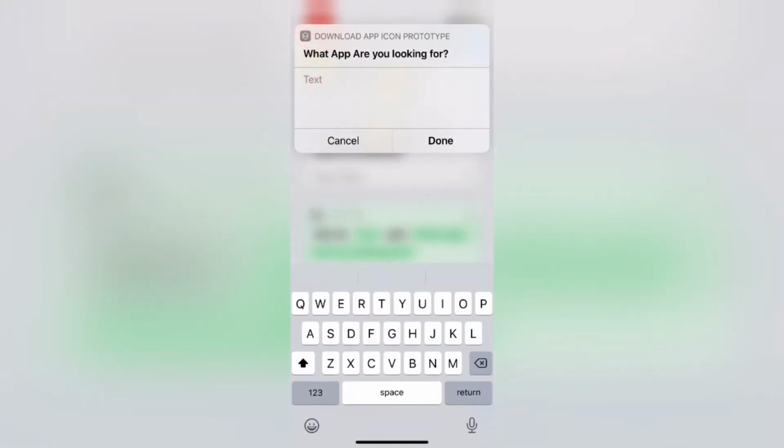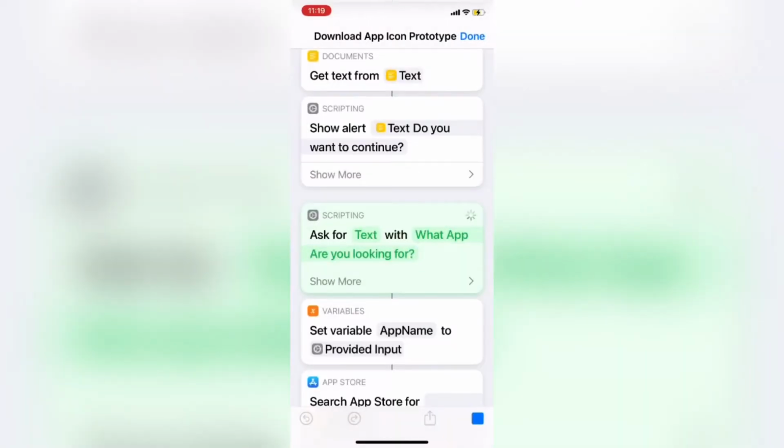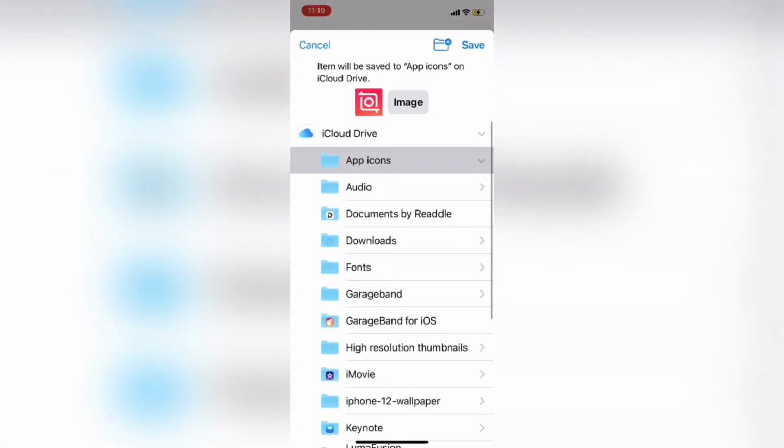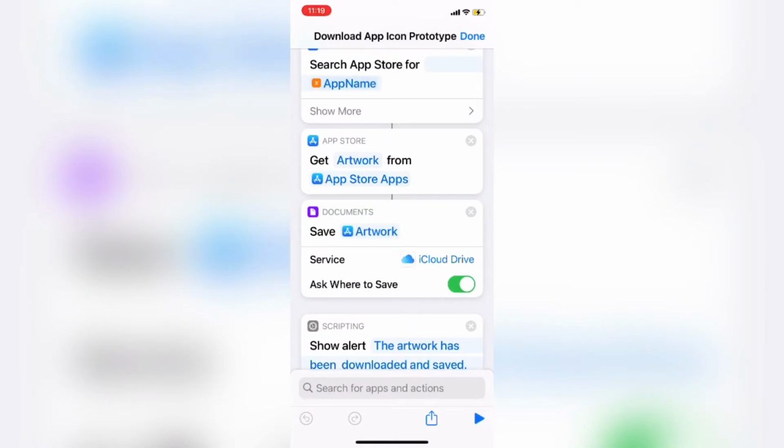I'll tap on OK. Now I'll type in the name of an app, and then I'll tap on Done. There's that app artwork for the InShot video editor, but I don't need to save it, so I'll tap on Cancel. I'm going to modify the shortcut so that instead of getting the artwork once I search for an app,